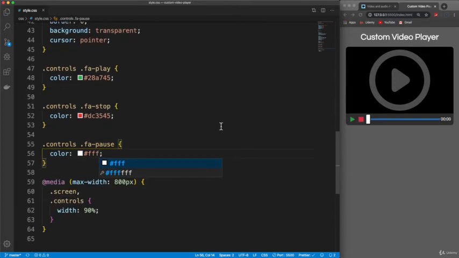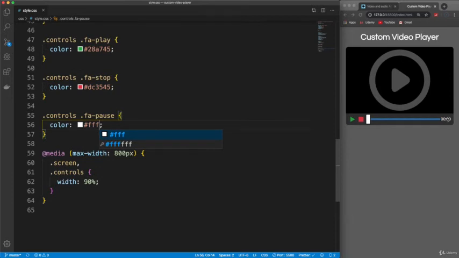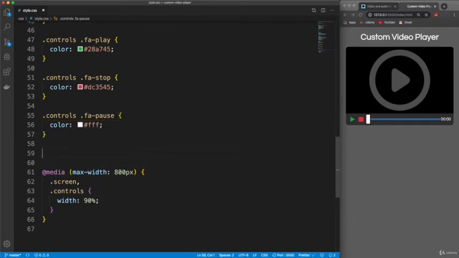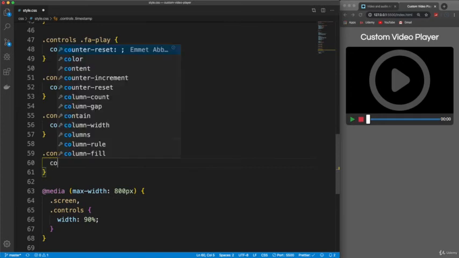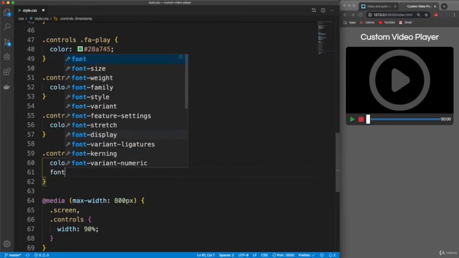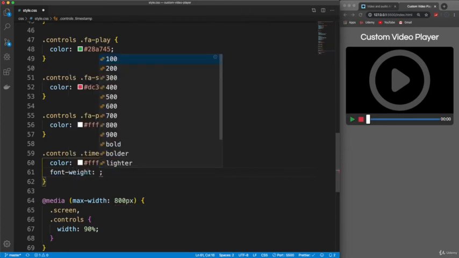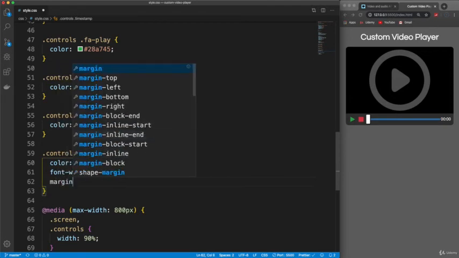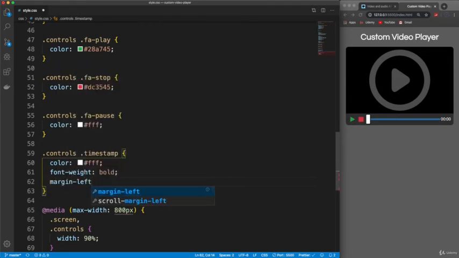Okay, now lastly is the timestamp here. So let's say controls timestamp, and basically I'm just going to make sure that the color is white, and I'm going to make it bold. So font weight, set that to bold, and I'm also going to add some margin left because you can see it's very close to the progress bar. So we'll just do 10 pixels left and push that out a little bit. Okay, so I think that looks pretty good, and if I make it bigger,